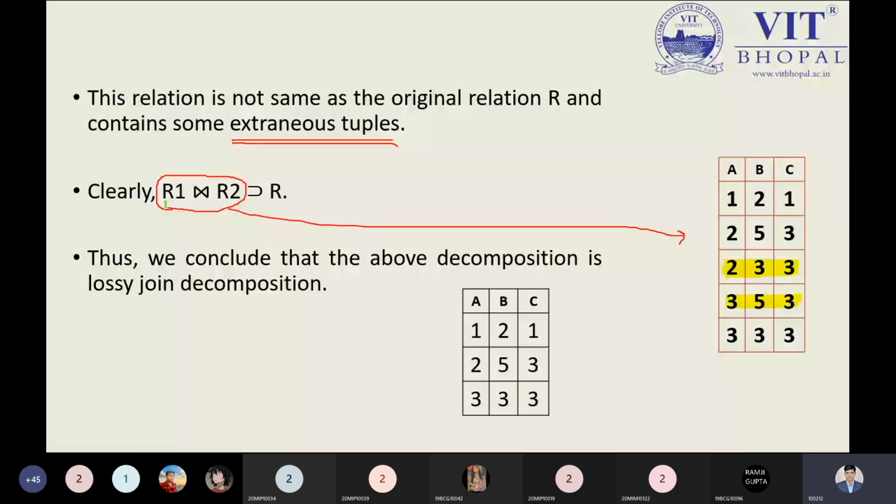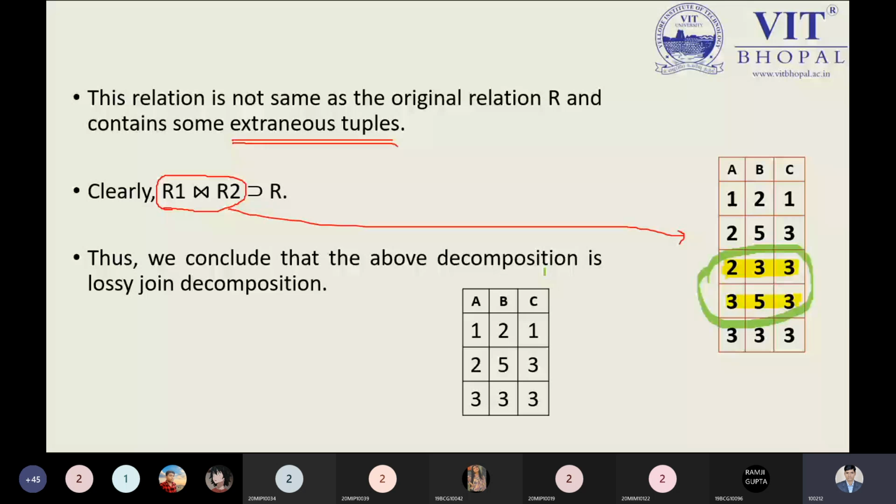After applying the join operation, we are finding these two records which are highlighted by the green color here, yellow color as well. You can see these are not a part of our original relation. So here we have the unnecessary extraneous tuples. This is the lossy, not the lossless. If we have lossless, then there will be no extraneous tuples.